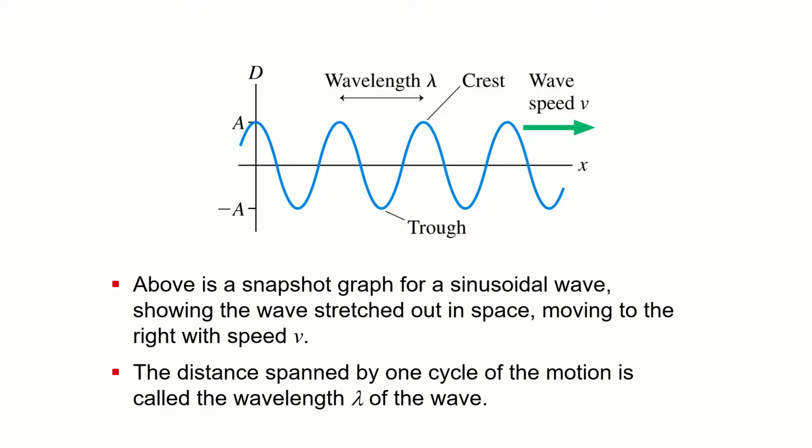Looking at sinusoidal waves, we can define a few things that are going to make it much easier for us to describe them mathematically. If we look at this snapshot graph of a sinusoidal wave, we can see this sinusoidal disturbance as a function of x along our medium, and there is going to be some amplitude of that disturbance. It's the maximum displacement of the medium from its equilibrium position, right? That amplitude is the same way we used it in our description of harmonic oscillators.